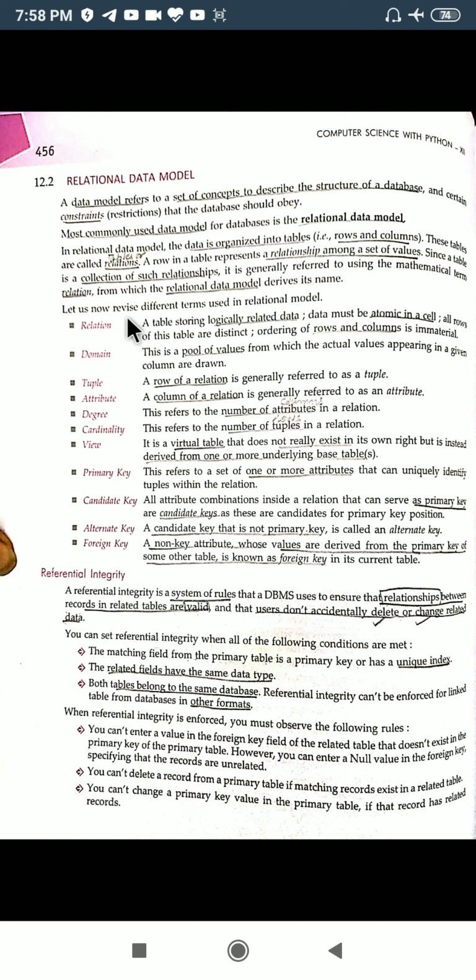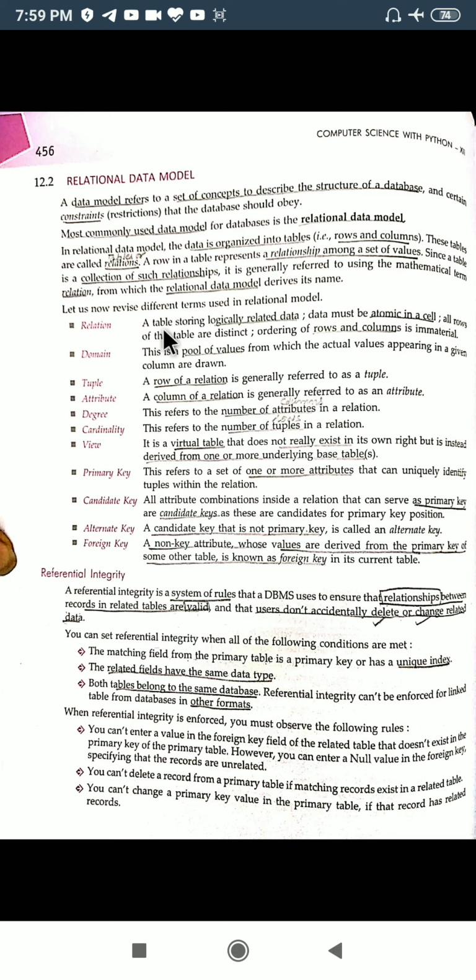So we were discussing the relational data model. So what is a relation? A relation is a table that is storing data which is logically correlated. We have just discussed that in a timetable, two things are related, and only then are we storing the data. Period and the day are correlated with the name of the subject, so that is why we are able to store that data inside that table.